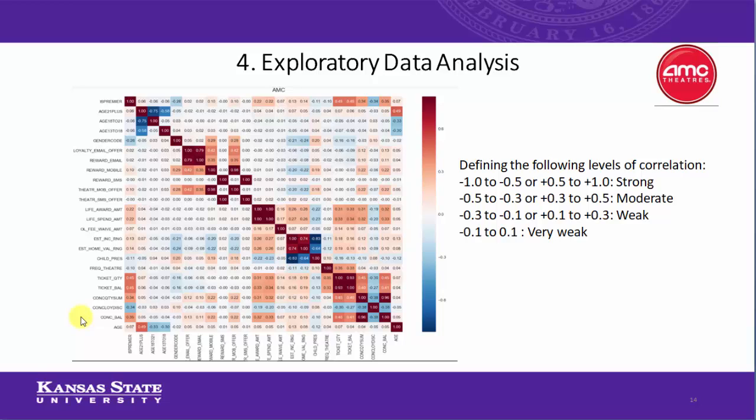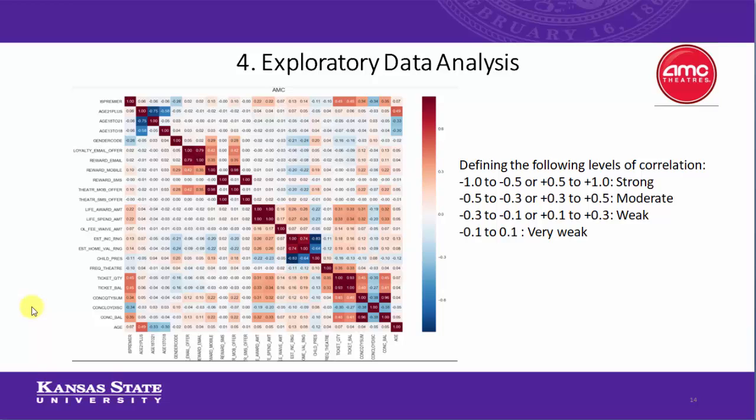is Premier, which are the estimated income range, estimated home value range, lifetime reward earned, lifetime amount spent by member, theater level mobile offers, AMC mobile notifications, gender female and gender male. And there is a weak negative correlation with is Premier, which are the gender unknown, frequently visited theater selected, children present in household,